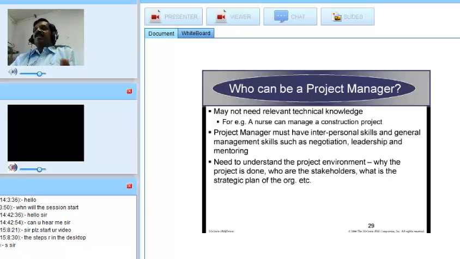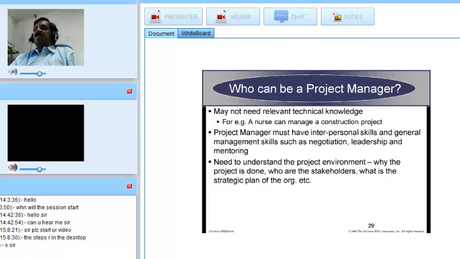For example, a nurse can even manage a construction project, provided she or he has the right aptitude, attitude, and management skills. So the project manager essentially must have interpersonal skills. This is very essential because he may have to have a lot of communication between the team members, intra-communication, extra-communication, beyond the team's communication, vertical, horizontal. So a project manager has to be an extremely interpersonal skilled person,